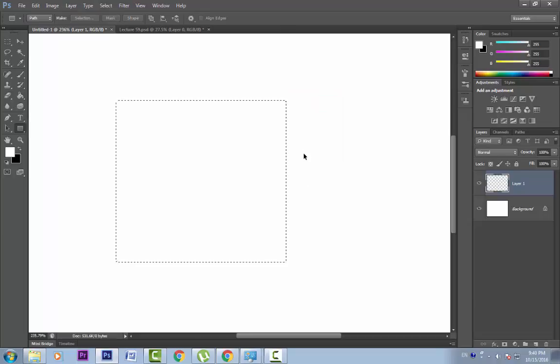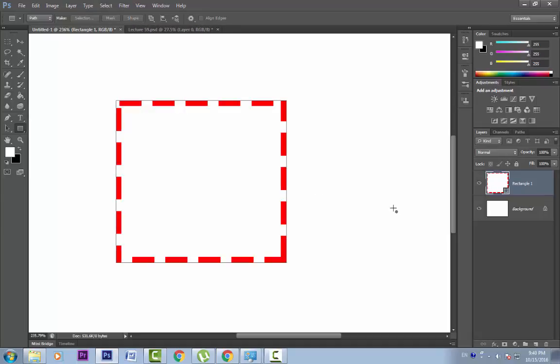Let me Control Z, or we can make it a mask. It will create a mask here, Control Z, or we can convert it to a shape from this button like so. It has created a vector shape layer here. So there are multiple ways to create both shape layers and vector masks in Photoshop. So feel free to explore all the options.